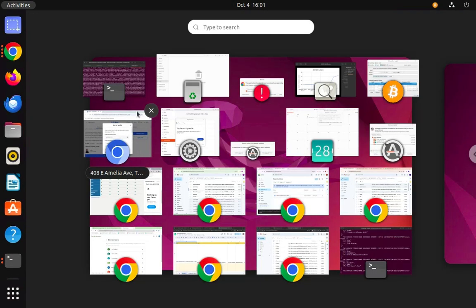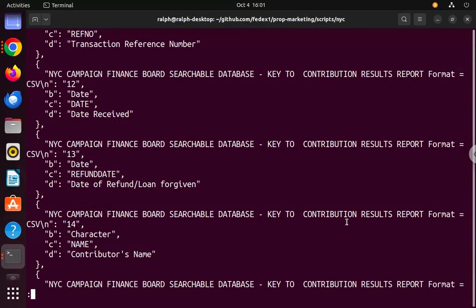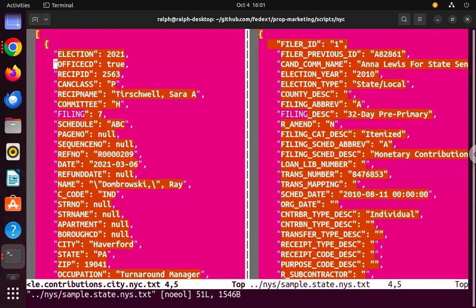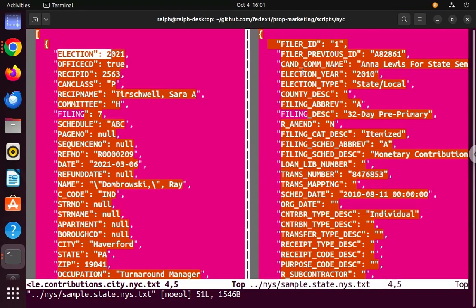Here is what we see. The contribution portion is here. This is metadata about the contributions. Let's first focus on the headers of what we see, right? So if we quit out and we look at this, on the left-hand side you see New York City. These are the column headings, a typical entry for New York City. Election is a number. Let's look over here at the state on the right-hand side. Election is a string, but they're kind of equivalent, right?